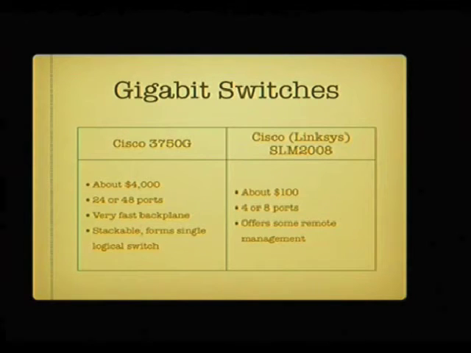It's got a very fast backplane. It stacks to form a single switch. This is great if you're building a big wiring closet. We're probably not, so we can get a cheap switch. This Linksys switch that Cisco has bought will cost you $100 big. It gives you 8 ports of gigabit, and unlike an at-home unit, it actually has remote management and